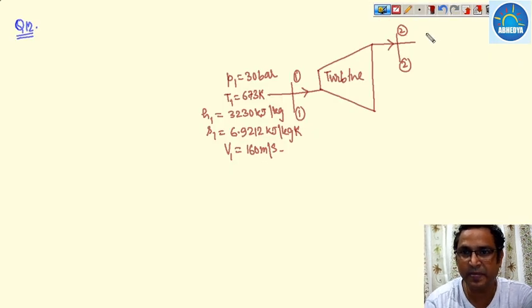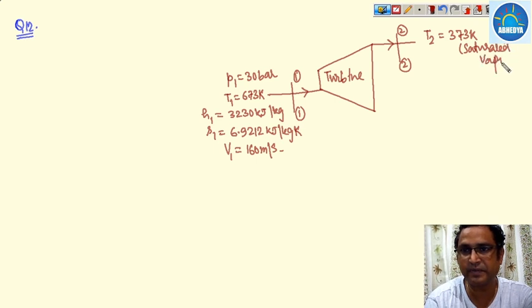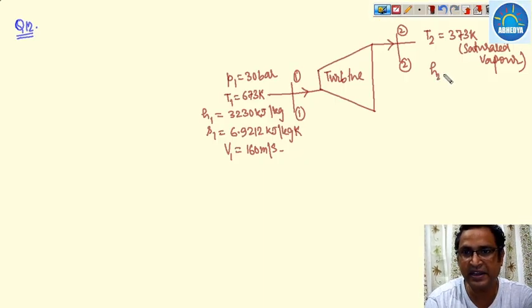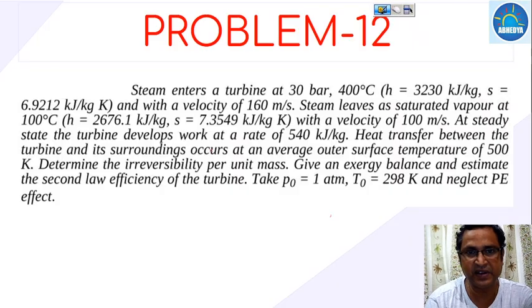So here temperature is 100 degrees centigrade, that is 373 Kelvin, and this is your saturated vapor. Okay, and here the outlet conditions are also given. Enthalpy is 2676.1 kilojoule per kilogram, and entropy value will be given as 7.3549